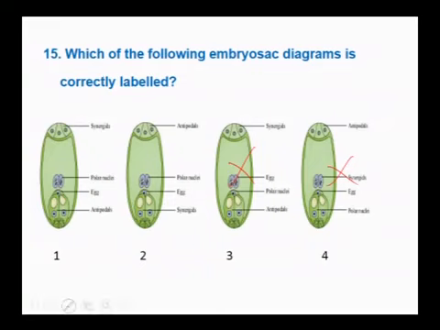Egg is always associated with the synergids because synergids are characterized by the presence of the filiform apparatus here. But here egg is associated with the antipodals, so this cannot be the answer. Therefore, the correct answer is the second one, where the egg has synergids with the filiform apparatus, and the cells present towards the other end, opposite to the egg apparatus, that is towards the chalazal end, are antipodals. Therefore, the correct diagram here is B, that is the second one, sorry.